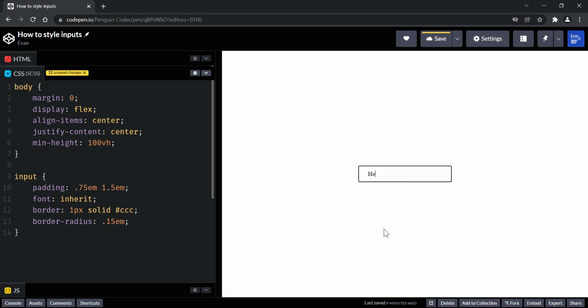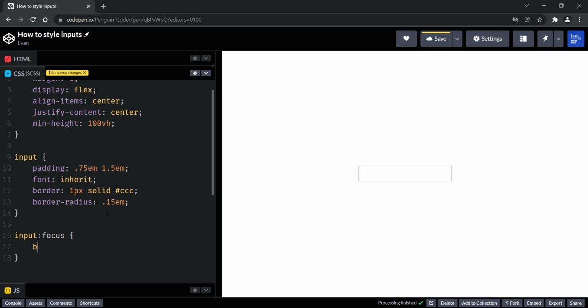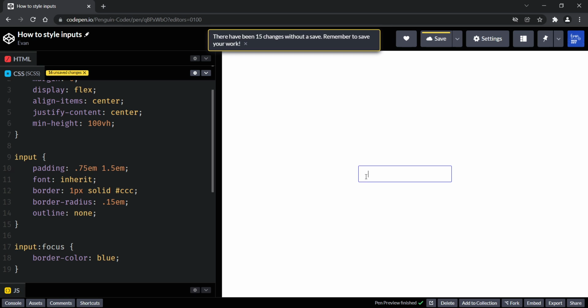We get that. It is already looking super nice, but we'll need some focus styling. To do that, I'll select our input, and I'll select our focus state, and on there, I'll put a border-color of, I'll just put blue. And I know you shouldn't use this kind of border color. And I'll put an outline of none, because that is what is getting done in here.